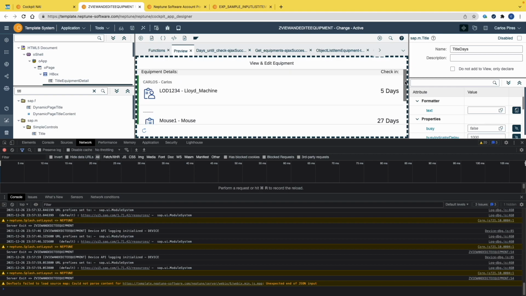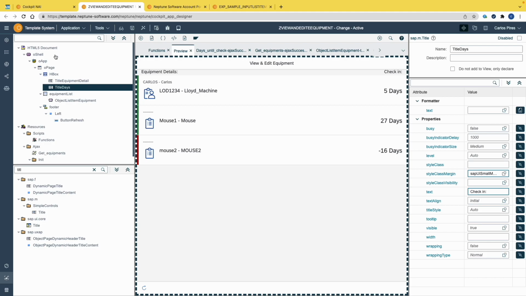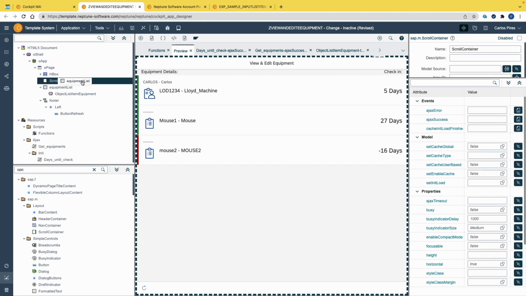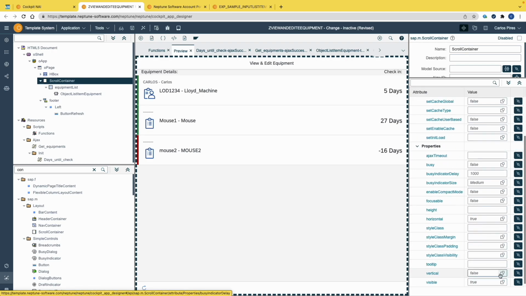So we want to keep it in place, and for that we need to include a scroll container. Let's drag the scroll container and drag the list into it. We need to set the vertical to true in order to scroll vertically,